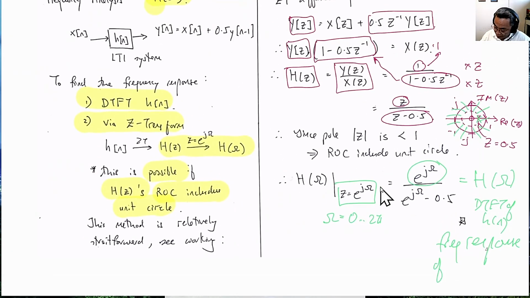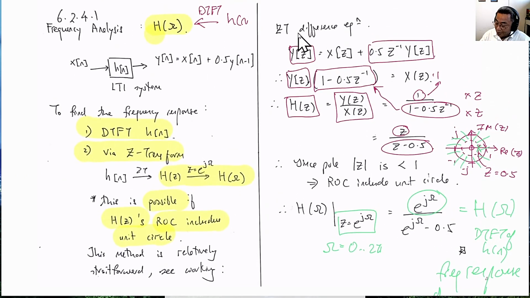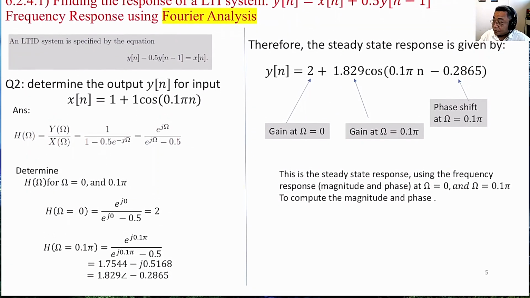Okay, so we now know how to get H of omega from this roundabout way of the z transform, but actually it only takes a few steps. If you have tried to find h[n] and the DTFT of h[n], then you'll realize that it's even more difficult, which is this step 1. So once we have H of omega, what do we do? Well, we know that our input has two types of input. The two inputs are 1,